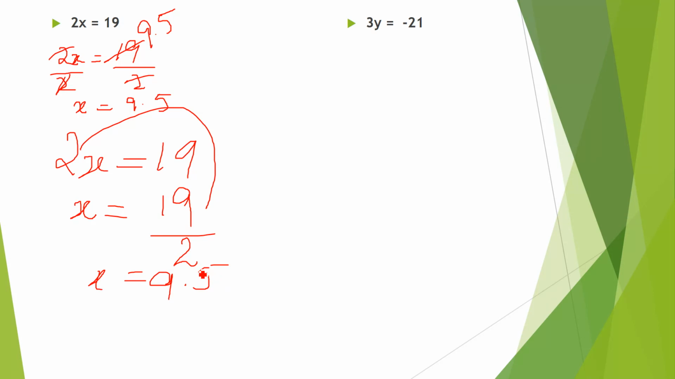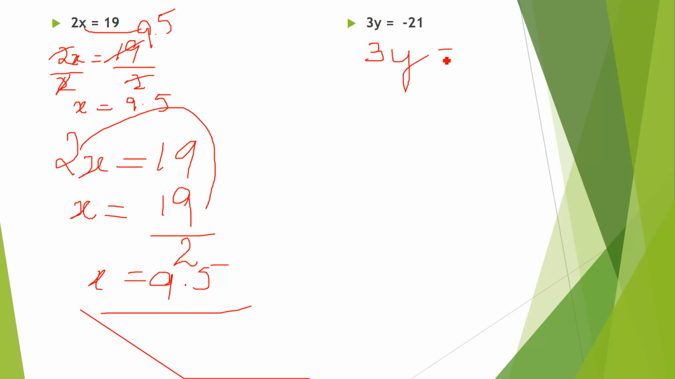If you plug this 9.5, because this is the value of x, if you plug this value here, 9.5 multiplied by 2, you will get 19. So both sides should be equal. 19 equal to 19, left hand side equal to right hand side. It means your answer is correct. So this one is